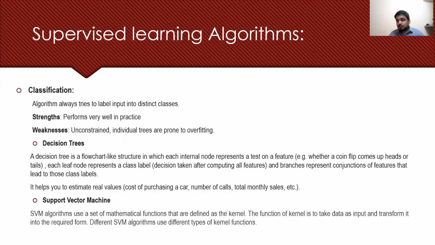Now, here goes classification. Just like regression predicts continuous values, classification is the ability to produce a class or assign a class to an output. The strength of classification is that it performs very well in practice, because classification is just classifying. We do not need to formulate something. We just have to recognize the pattern and classify something. Weakness: